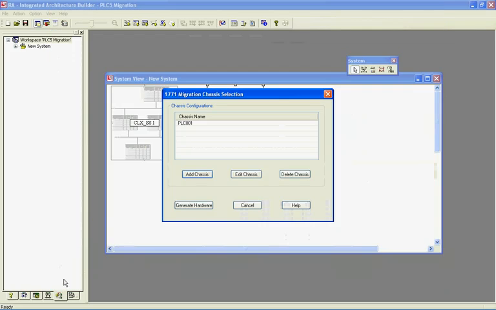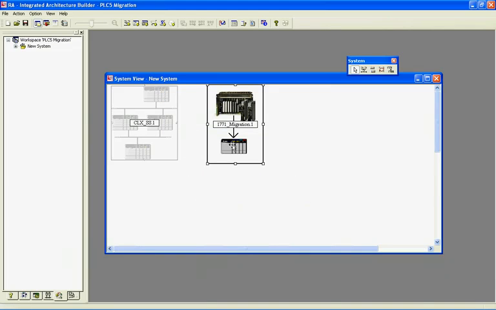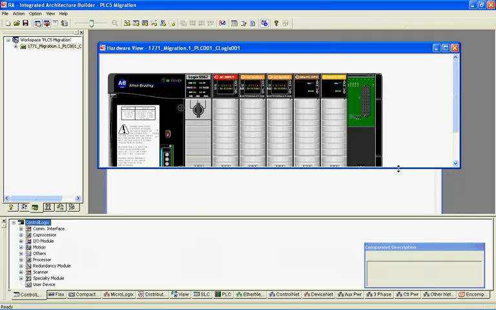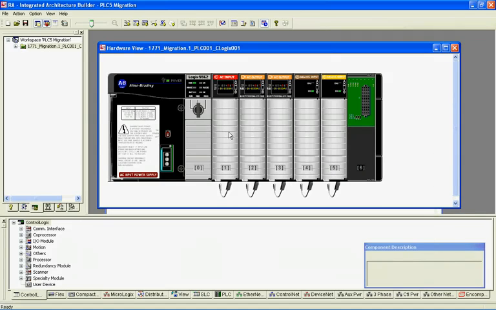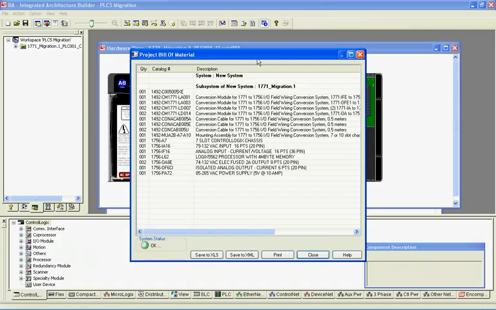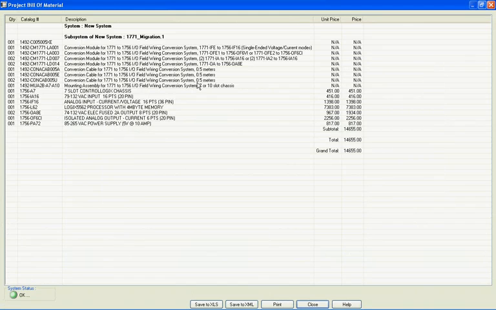So from here I can select OK and then generate hardware. So it pops me back to the system view screen. If I go to my hardware tab, you'll see it actually has generated the image of my ControlLogix chassis with the modules and the wiring conversion system. And if I first save the project and then click my project bill of materials button, it actually generates my bill of materials that includes the field wiring conversion system to go from that PLC5 system to a ControlLogix